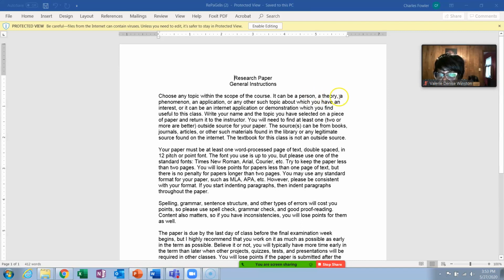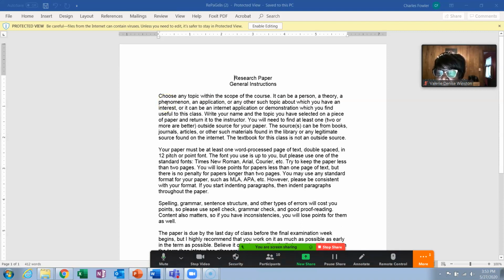You can write on a theory. We'll have, for instance, the theory of plate tectonics, the theory of global warming, theory of continental drift. Okay, there's lots of theories that we will be hitting around and dealing with. You can choose one of those. A phenomenon. Okay, something like the black hole. Okay, I didn't even mention before the Big Bang Theory, not the television show, but the rest of it. Okay, a phenomenon like a black hole, a quasar, there's just tons of things you can pick up on that.